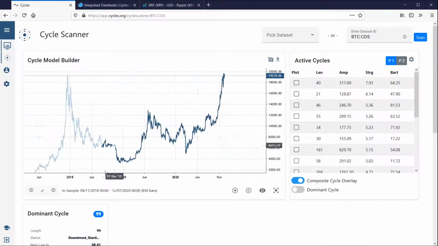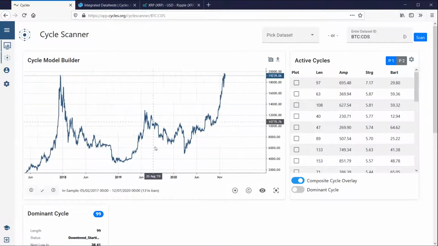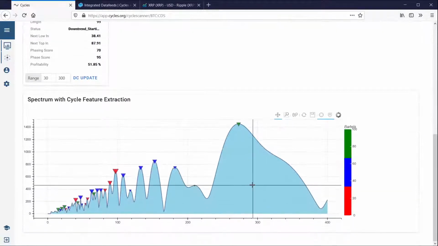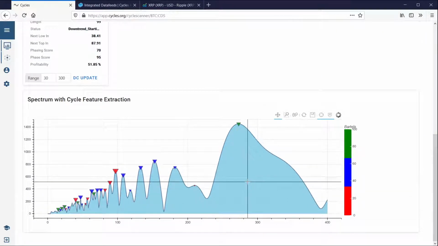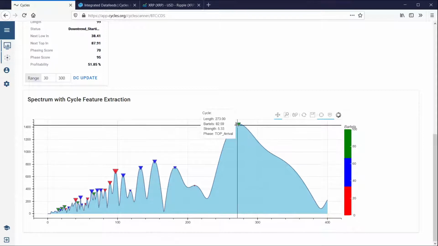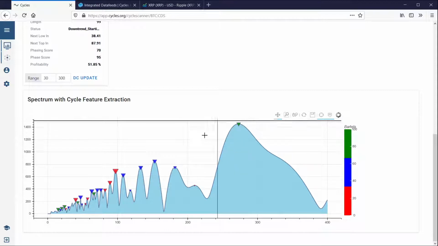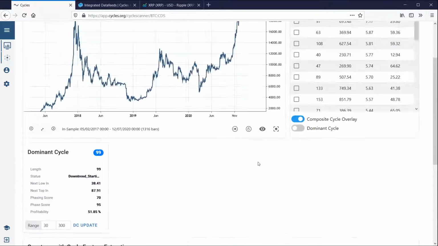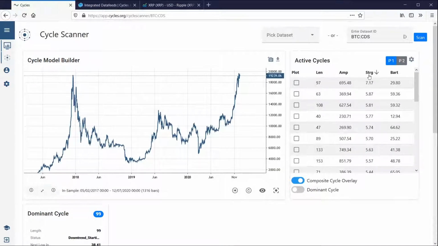To have some more data in our analysis, I will broaden the analysis now. So now we have 5 years of daily data. Let's check first on the spectrum view what the cycles show here. As you always know, we will look for the interesting peaks on the spectrogram. For example, here's one standing out with a length of 273 days. Then we will move to the shorter ones, but let's start with the main cycle first.